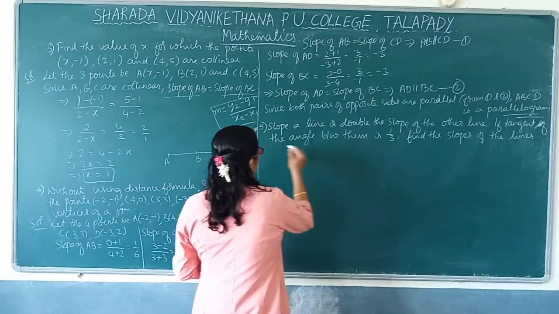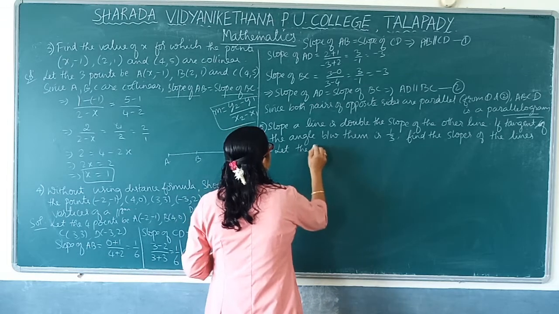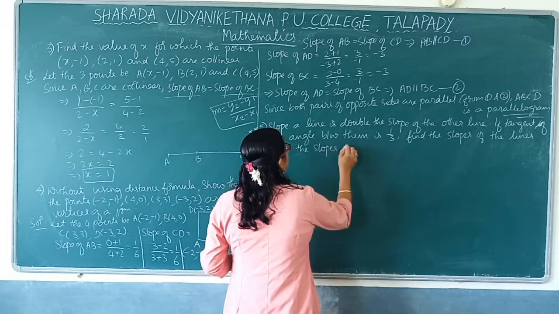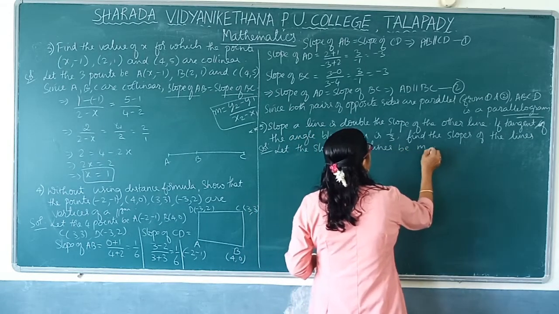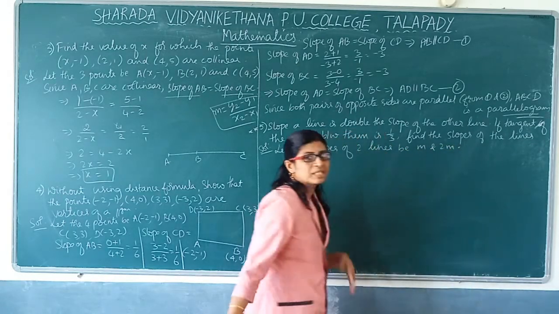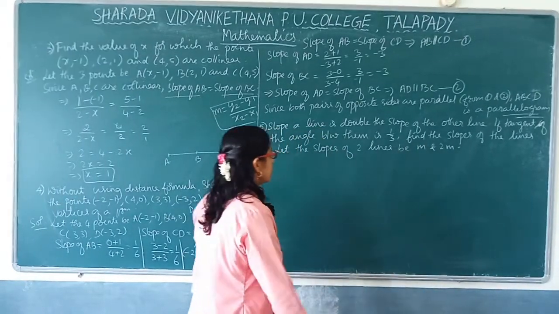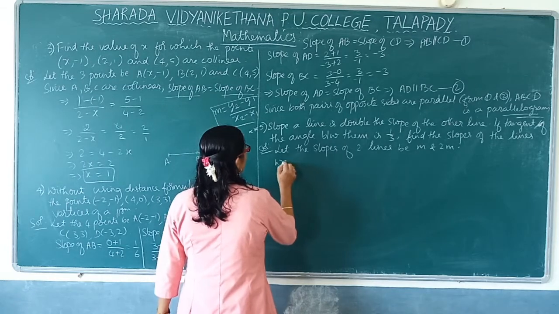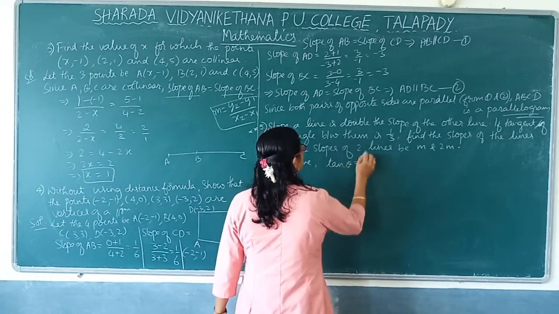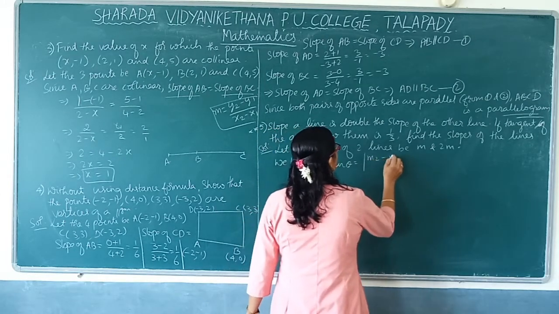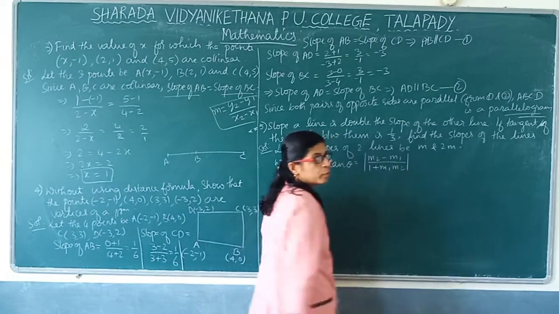Okay, so now we have to assume, let the slopes of the two lines be m and 2m, because one slope is double the other. One slope I am taking as m, so the second slope will be 2m. Now we have the formula. What is the formula we have? The angle between two lines formula: tan theta is equal to modulus of (m2 minus m1) by (1 plus m1 m2), where 1 plus m1 m2 is not equal to 0.